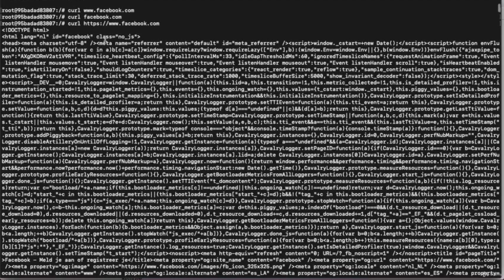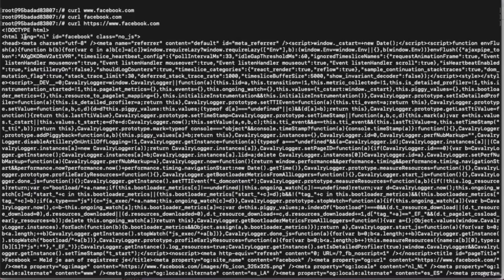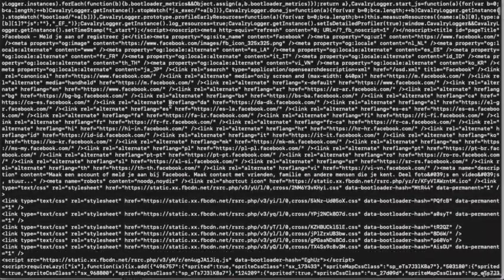Now if I execute curl https://www.facebook.com, you can see a complete HTML web page of Facebook is being downloaded. You can see the HTML, the ID is Facebook, and everything which resides inside the Facebook web page is present on your console, right?